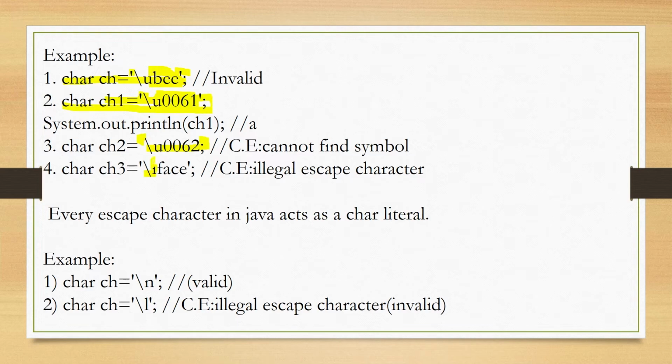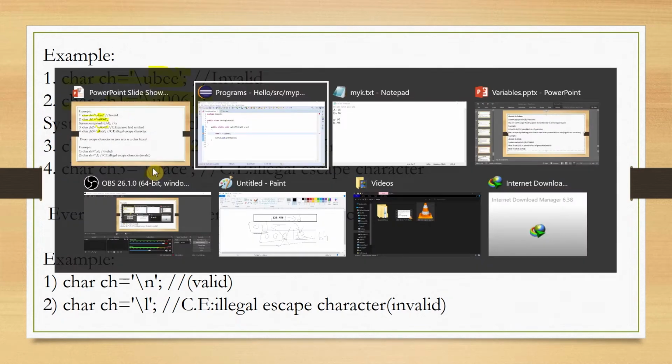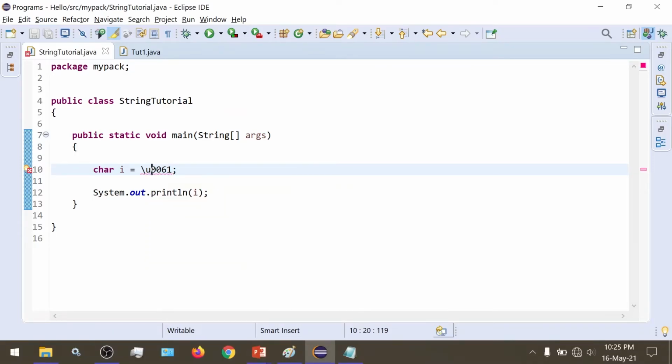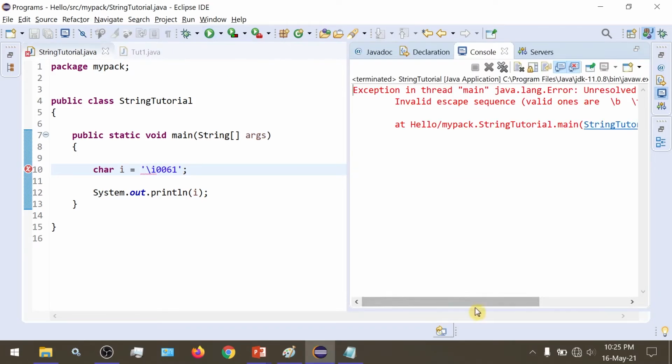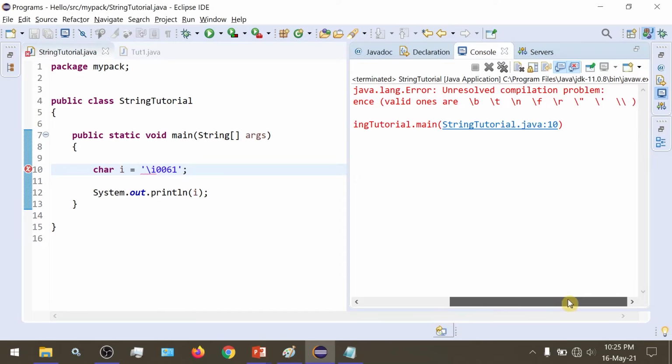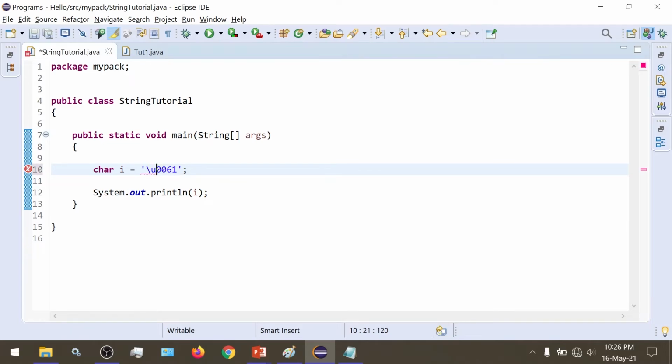Similarly, if we try to use any other irrelevant escape character, then you would get an error. So invalid escape sequence, valid ones are these ones. \I is not even a valid escape sequence, if we just specified any random value here.